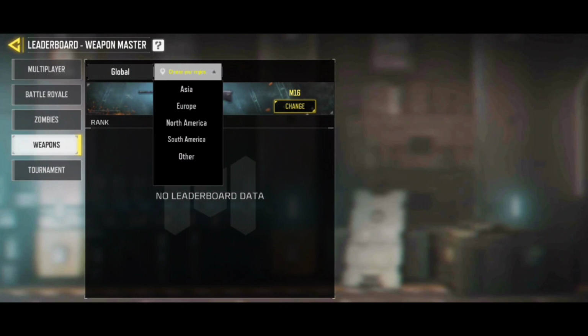You have to accurately click on this small arrow here, and as you can see it's showing me the number of regions that are available here. So I will just simply select any one of them that I want, and what you need to